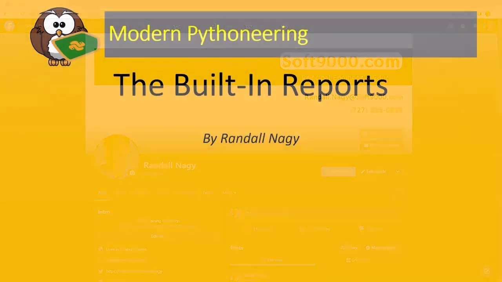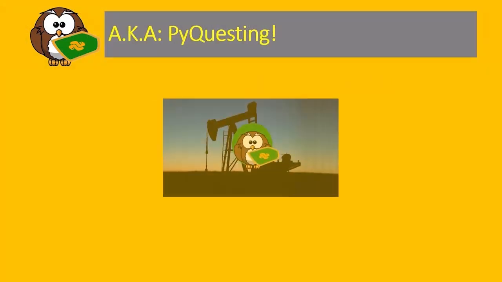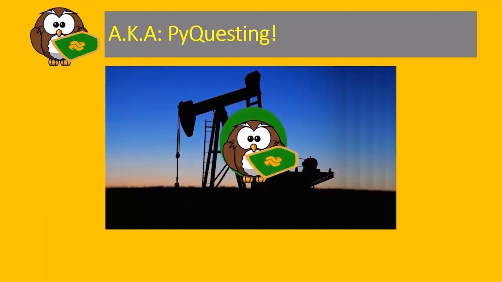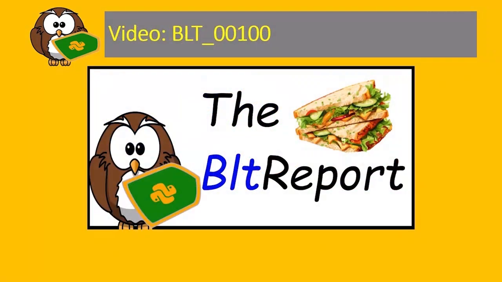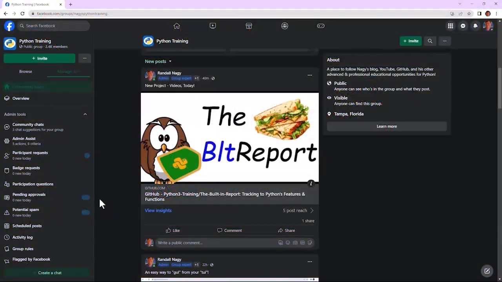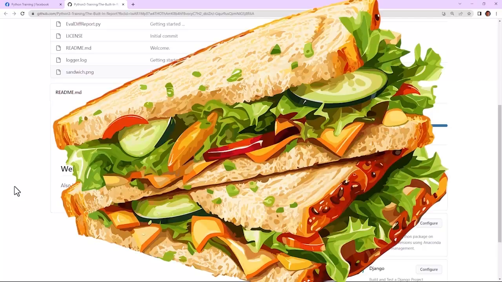I wanted to take a moment once again to introduce you to a project that we launched just today that we're sharing with you so as to help us document the built-in features and functions of modern Python. Created under an hour ago, we're calling the project the BLT report, and our official mascot is the bacon, lettuce, and tomato sandwich,